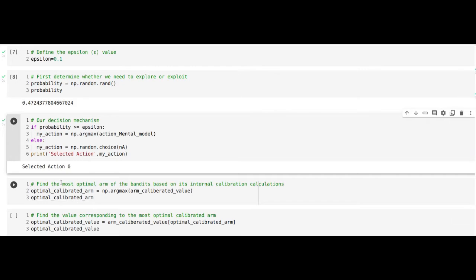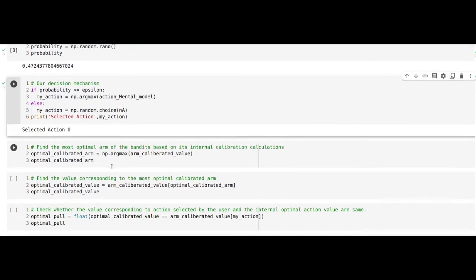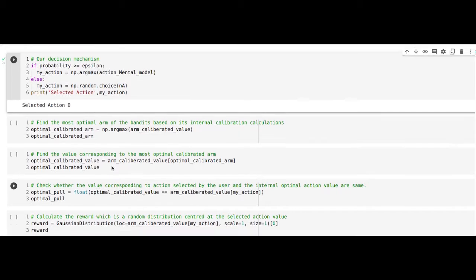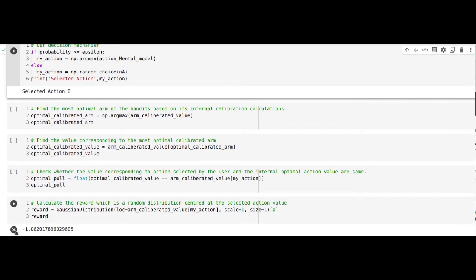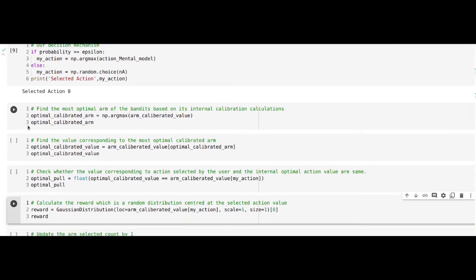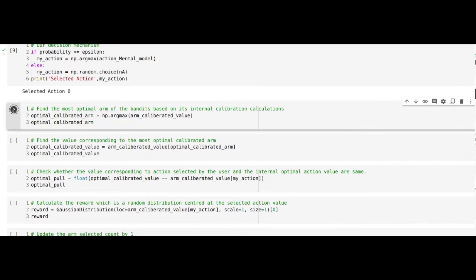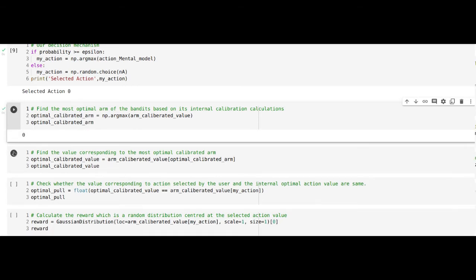Now the next three code blocks are to find out whether the action which we have taken is the most optimal or not. What is the most optimal action? Whether the value which is generated is the maximum.